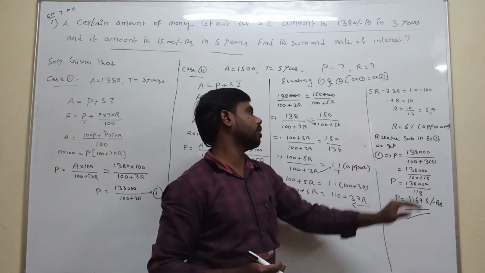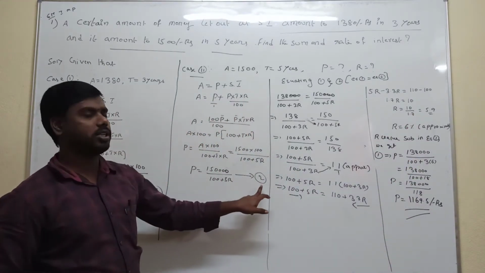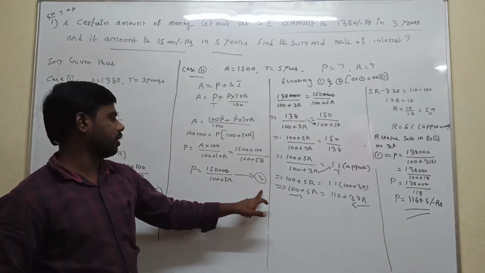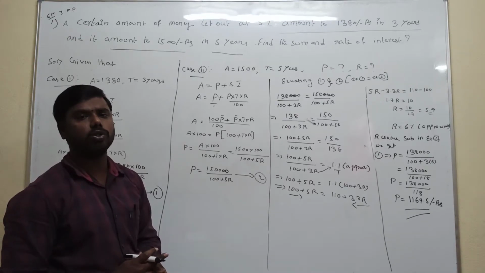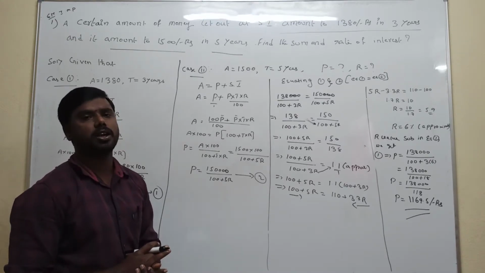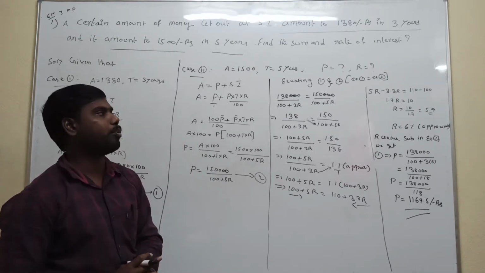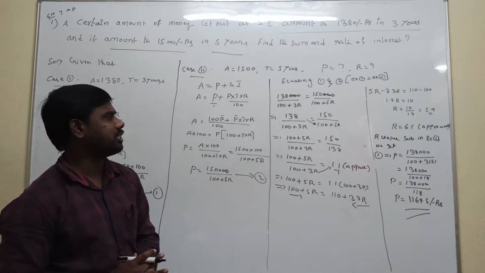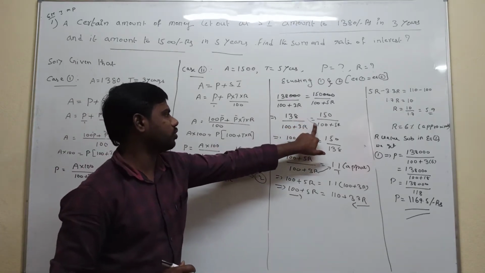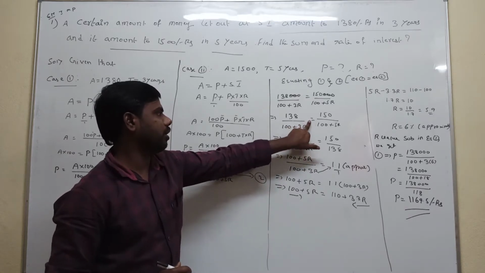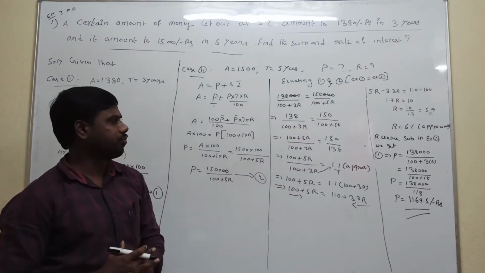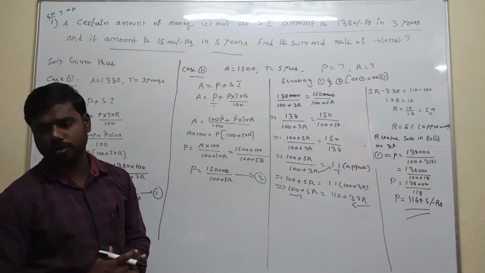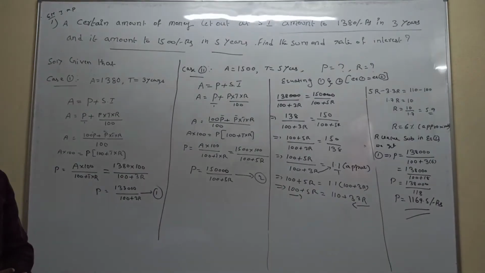That r value substituting in equation 1, or equation 2. Substituting r value in equation 1, we get the P value is 1169.5 rupees. Very important for the final exam. This type of problems, 6 marks question, very important. So everyone understood how to find the P value, how to find the capital R value. Okay, let's see some related problem. Second question will be there. That one also I am explaining.